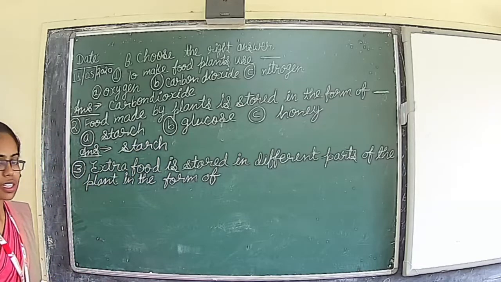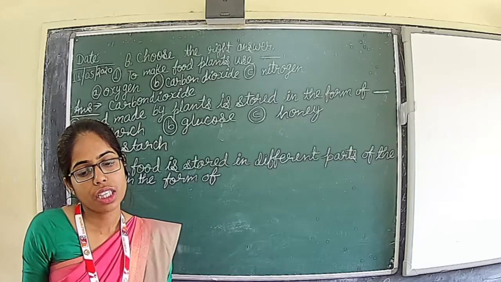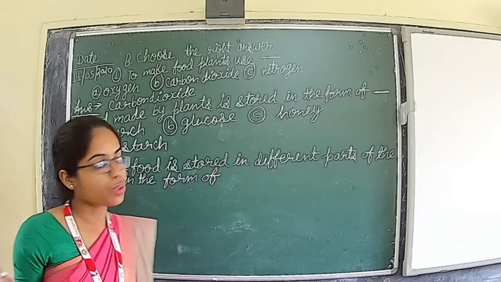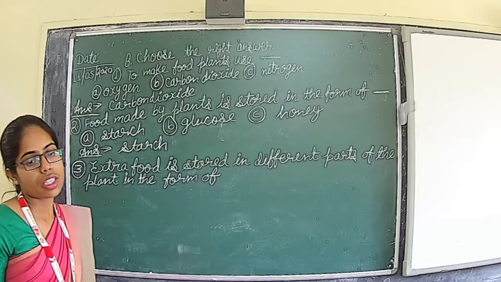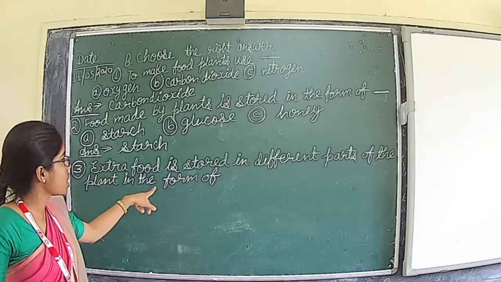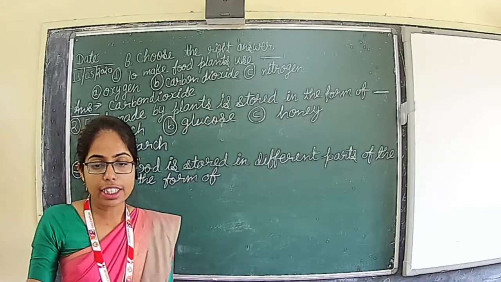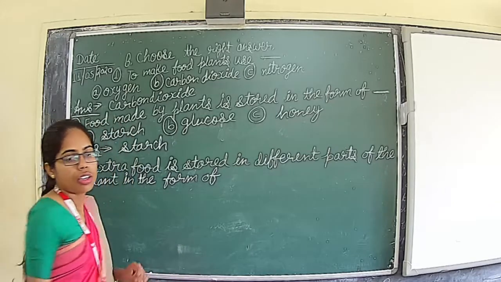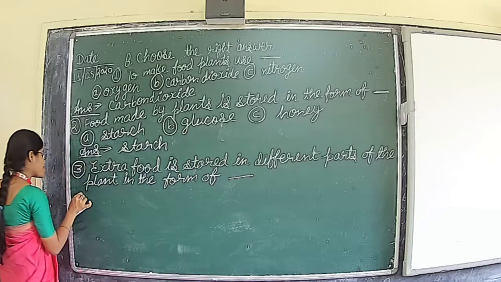Food made by plants is stored in starch, milk, and sugar is given. No? Yes, the second option is starch, glucose, and honey. And in third question, extra food is stored in different parts of the plant in the form of dash. In the form of dash. Again, the options given are